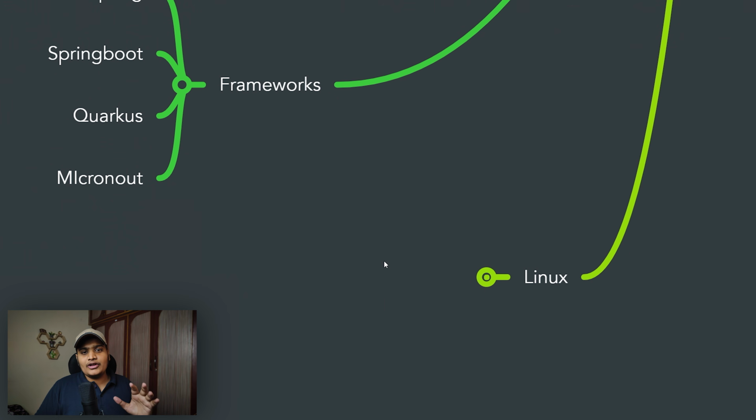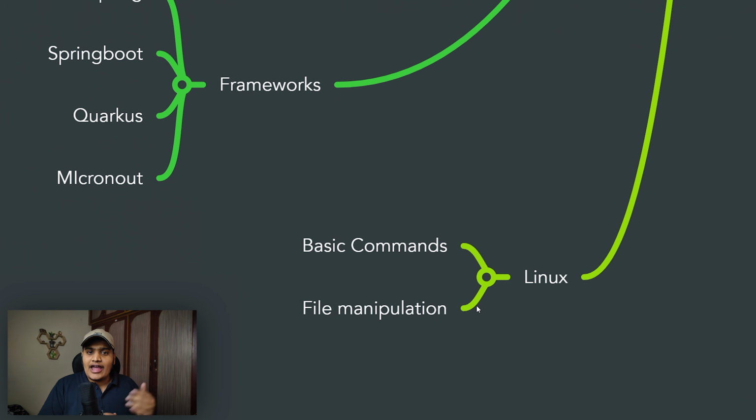As a developer, you know a particular language, you know different frameworks, you know everything. But a basic thing is Linux. You should be aware of the different Linux commands and how to navigate through the different file structures in Linux, because most probably you will be deploying your applications on a Unix or Linux server. So you should be able to traverse through the different files. If you want to modify some files directly on the server, you should be able to do that. You should be aware of the basic commands like creating files, creating folders, deleting files, and updating files. These are very basic commands, so you should be able to handle all those tasks.